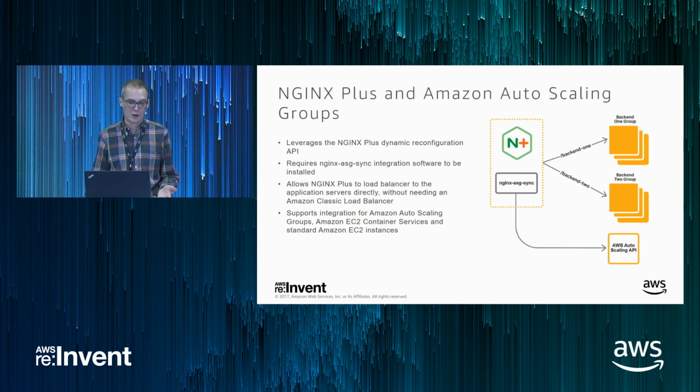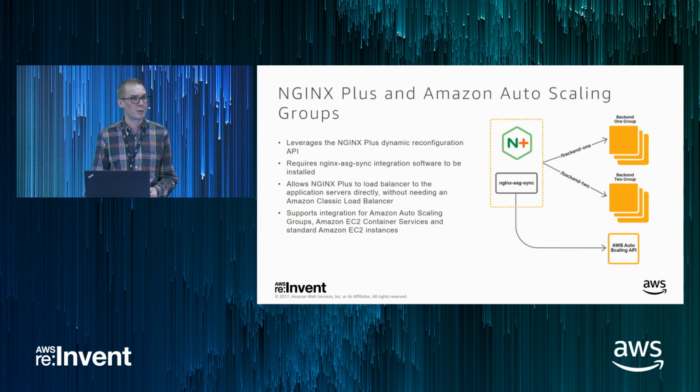This relies on a plugin that we call the NGINX ASG Sync tool, which is a very lightweight Go program that pings the SDK endpoint on a given interval that you can set, and then, depending on the configuration, will assign servers from an auto-scaling group to the different upstream groups in NGINX Plus. Currently, this is publicly available on GitHub. Right now, it is designed to work with auto-scaling groups, but we're working on supporting integration